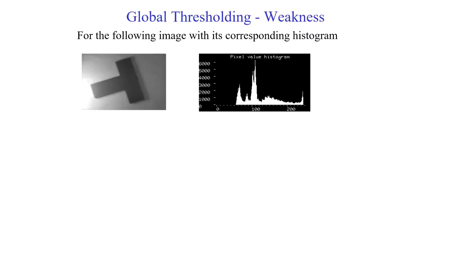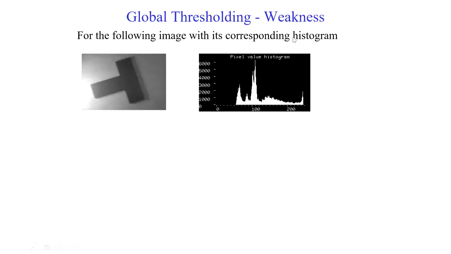From the MATLAB example, I believe that you have some idea about the weakness of the global histogram and how we can overcome that using the adaptive method. So now we will dig into the details from the theoretical aspect of the adaptive threshold. But before that, we will recap the weakness of the global method and how the adaptive